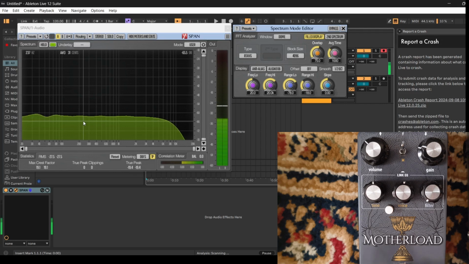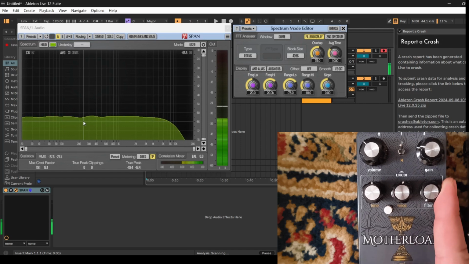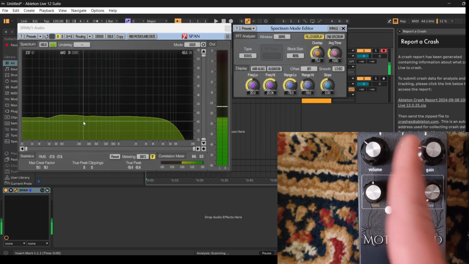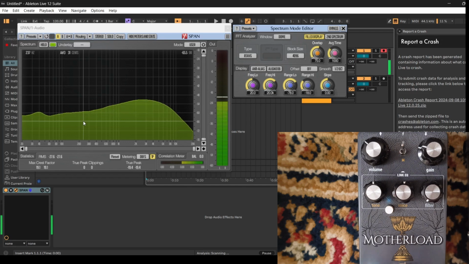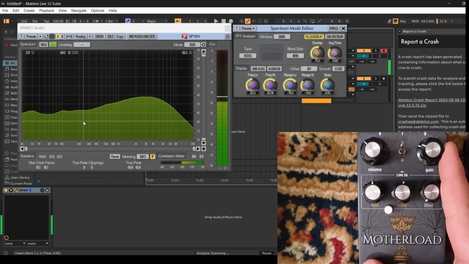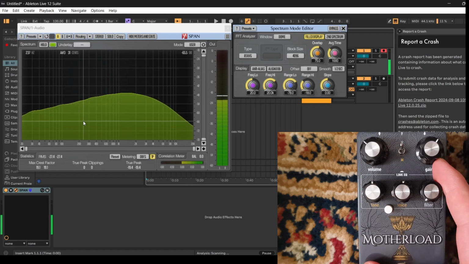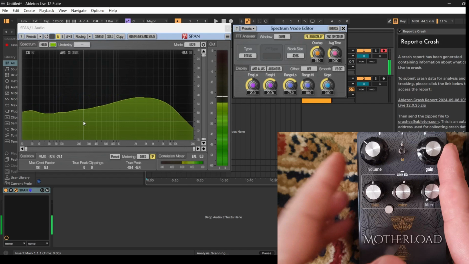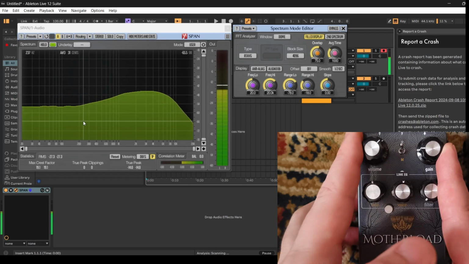So right now the EQ link is off, the filter is fully open, we're in Rat mode, and let's just see what happens. Yeah, as we expected, there's a pretty big spike in high frequencies, the filter being fully open. So if we raise the gain, let's see first what happens here. If we raise the gain, we see a little bit just general, also more low end. It's interesting. If we raise the volume, we should just see a pretty direct,